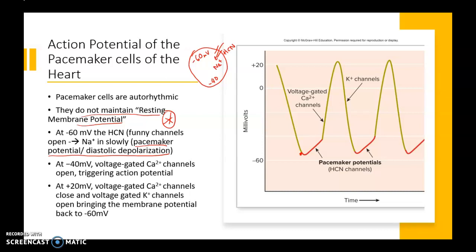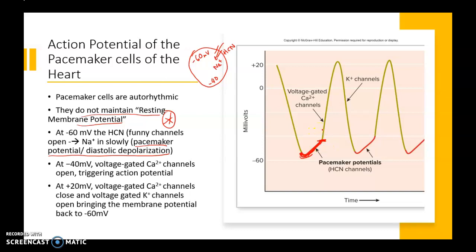If you look at the graph, so we start at -60 and we move all the way to -40, right? So during this time, what's happening? The membrane potential is changing to less negative, more positive due to entry of sodium ions slowly via the HCN channels. These channels are also known as funny channels because they open due to hyperpolarization. Okay, so right at -40,